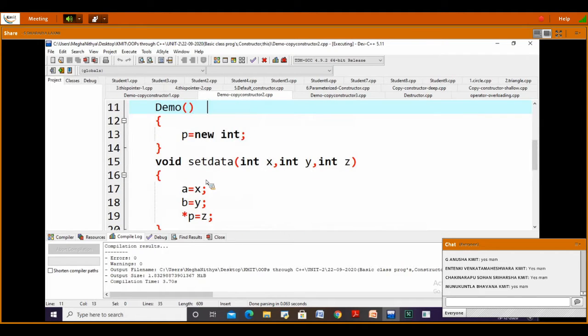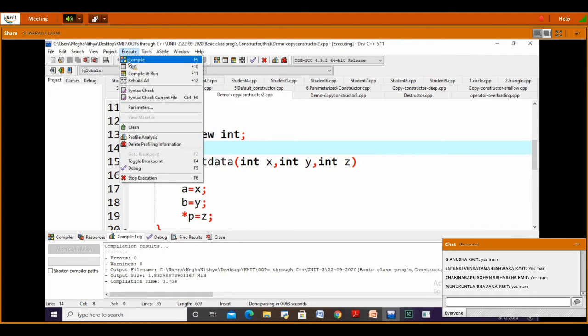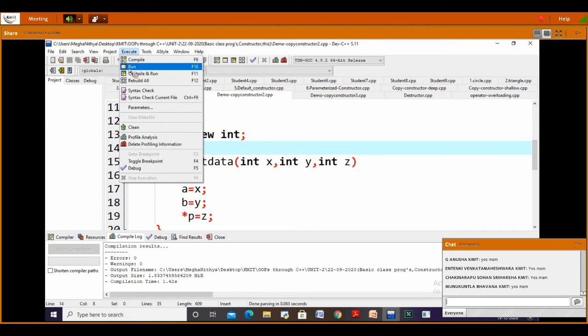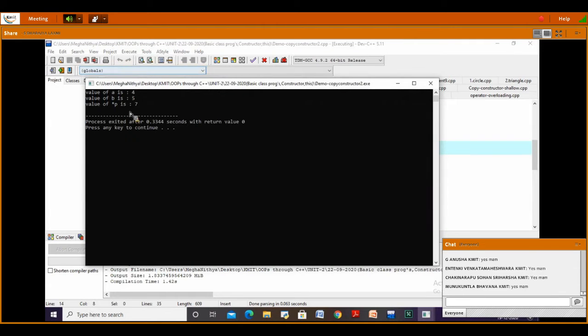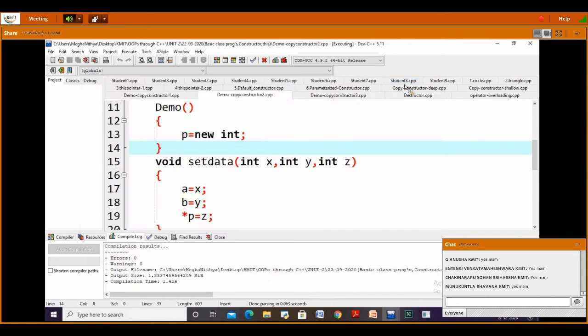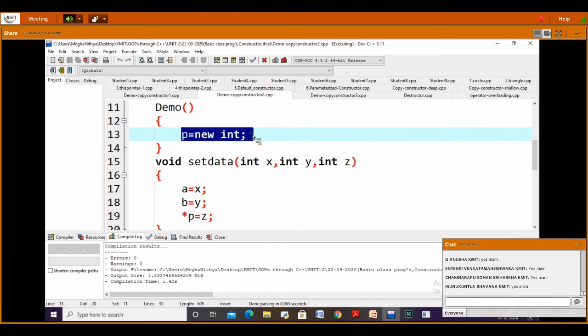That is created with this P is equal to new int. So when I compile it here, what values are printed with the same thing? Once again we are calling the copy constructor, initializing the memory with the default constructor.